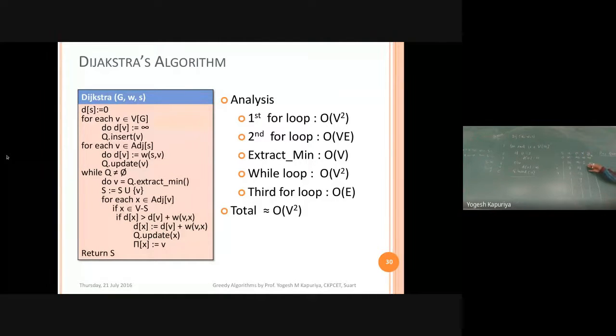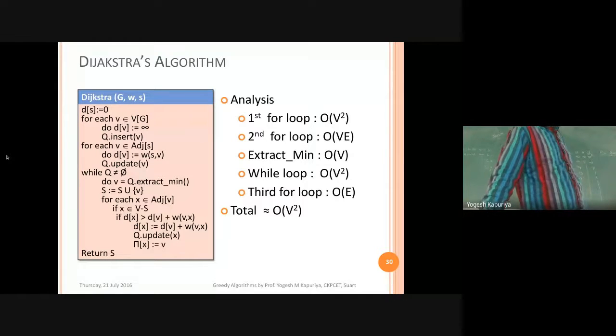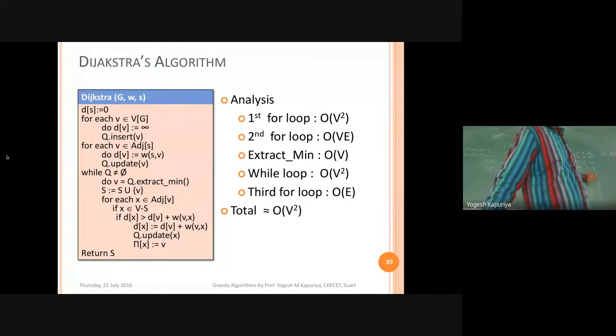Similarly, we were doing it over here. We are checking whether that vertex is not part of Q. जो Q का part है उसका मतलब ही है कि that is not being solved. If it is not a part of Q, it means that it is solved. So that is being done over here in a different manner. We are maintaining a solution set, and then checking whether X belongs to that set or not. If X is not a part of the solution, then you check whether the distance of X is greater than distance of V plus the weight between V and X. If that is true, then change the distance, change the parent, and update the distance in the Q. So that is what we have been doing.